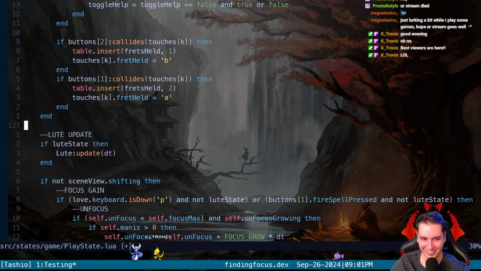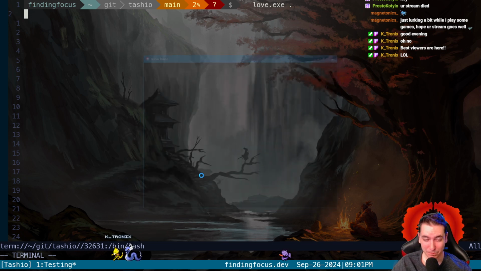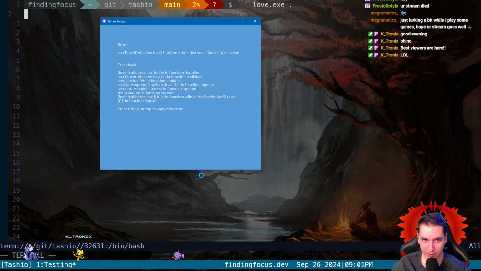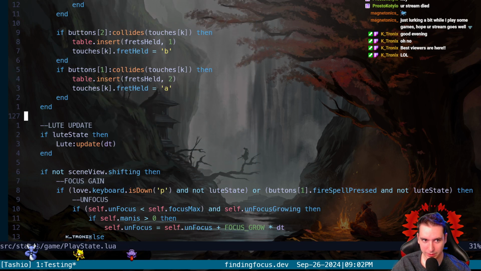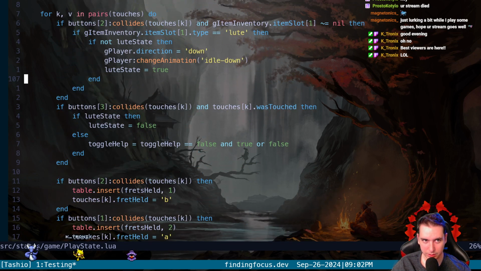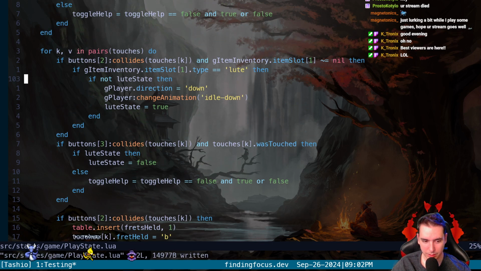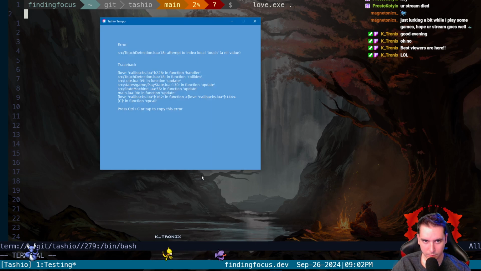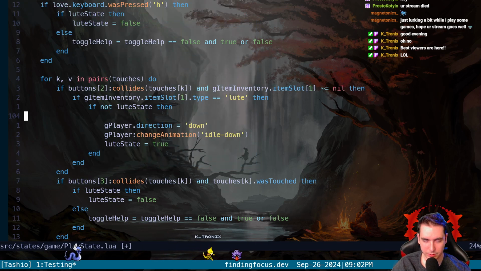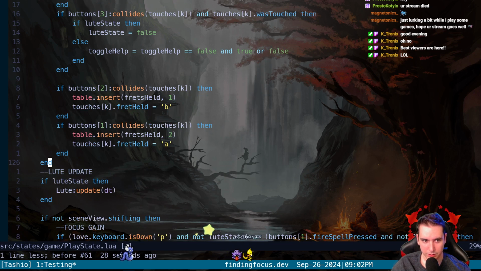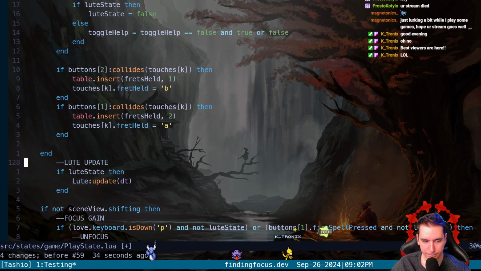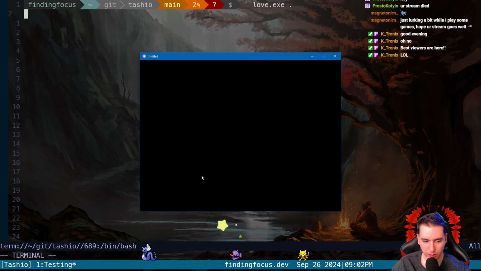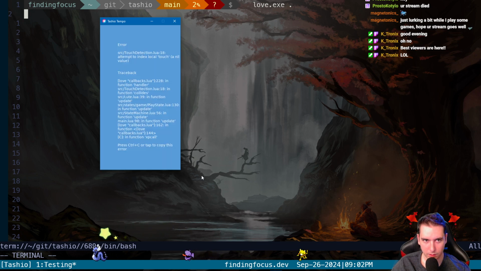Okay, let's try that. Let's see. Why was that the case? Okay, touch a nil value. Touch detection, index touch a nil value. Why did we crash when we take it out? Touch detection 18, local touch. Why? What did we change? All we should change is say that goes here, that's it, shouldn't crash. What?